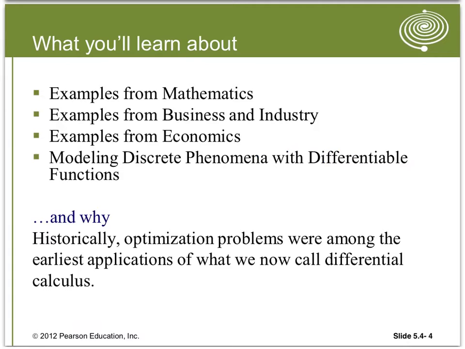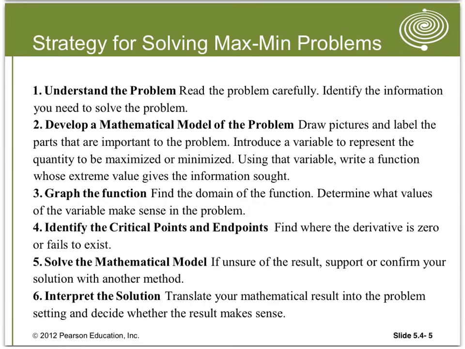Mainly optimization problems, which means finding the max and mins of different situations. These are the 6 steps that your book puts into place to solve these, and although I don't write down 1, 2, 3, 4, 5, 6 as I'm solving them, I'm kind of thinking through it this way: reading it, identifying information. Step 2, drawing a picture, if possible, labeling everything we know, trying to figure out from the problem the important stuff